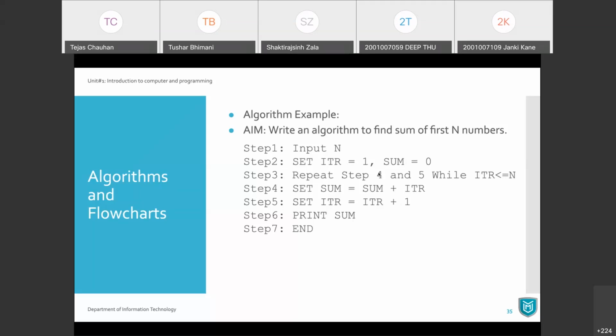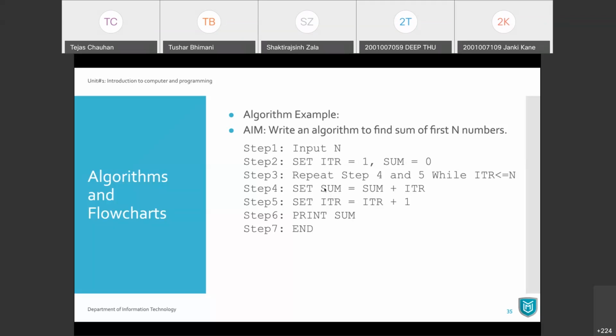Now what we do in step number 4 is first we sum up that ITR in our sum. So sum equals sum plus ITR. What is your sum right now? It is 0. Now 0 plus what is your ITR? It is 1. So 0 plus 1, and we assign that 1 back to the sum. So this becomes 1 now.